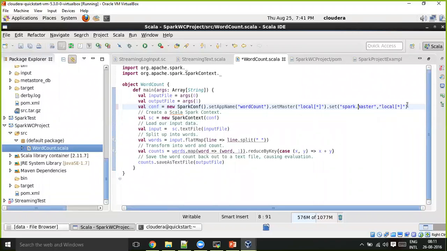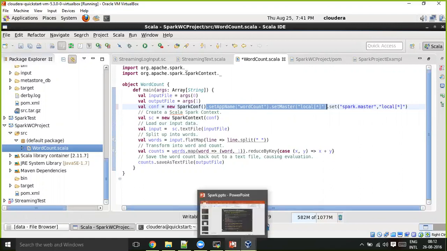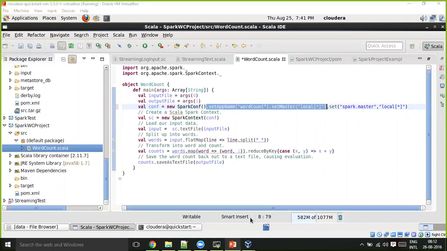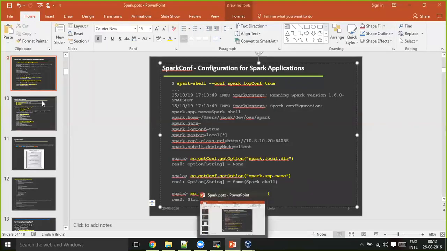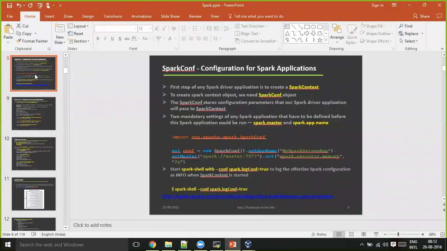So what I would recommend is, you don't need to remember these names. Set different names for different properties. Just remember only one set method for your properties. At least in that case, you have to remember the property names. Some are the other way. So for the list of properties that you can set or get, you refer to this page.